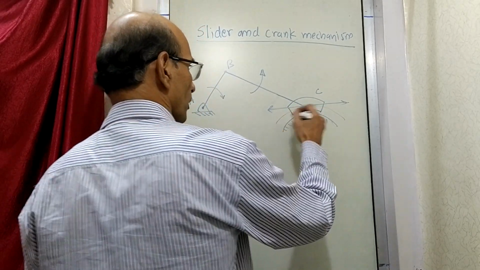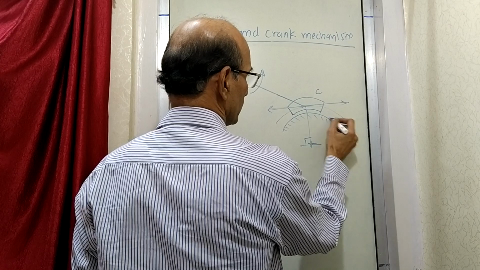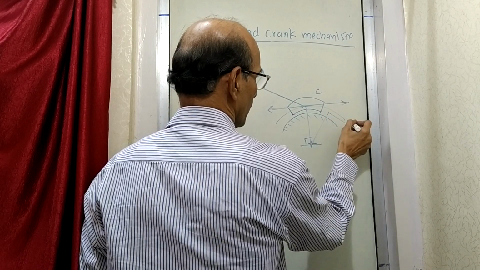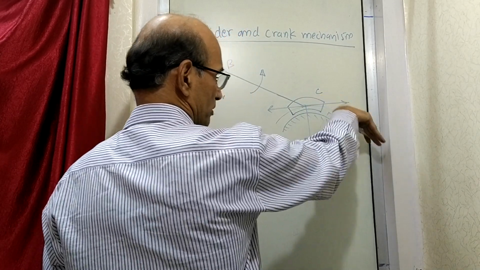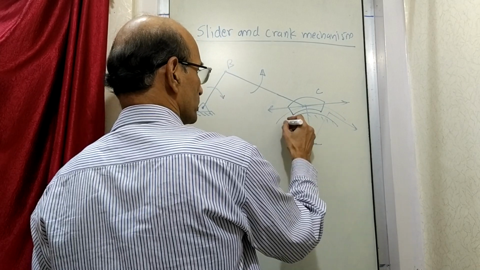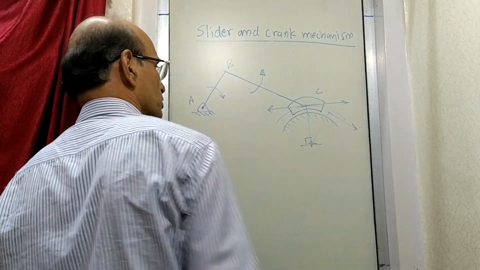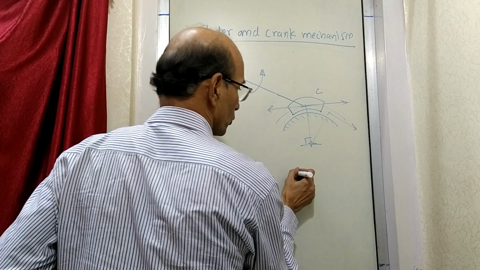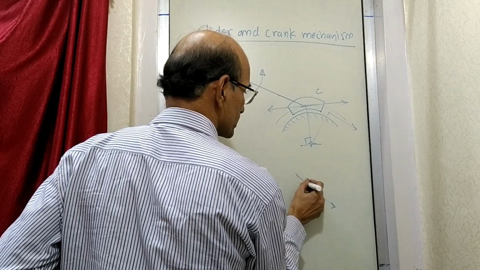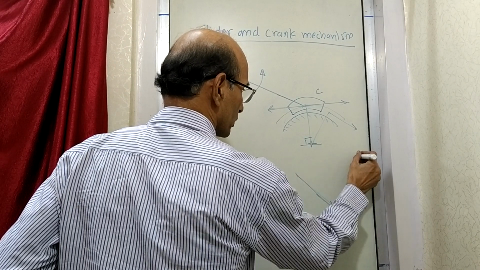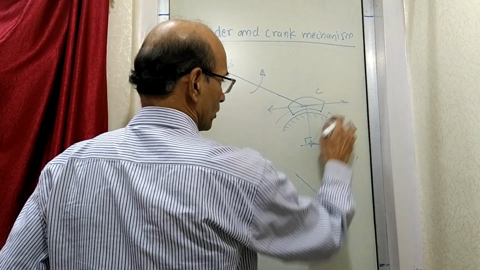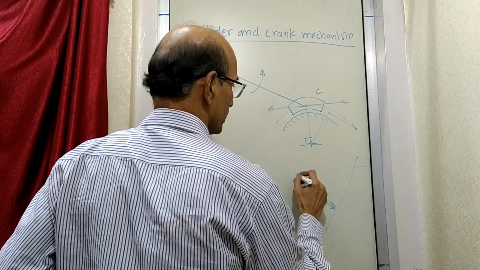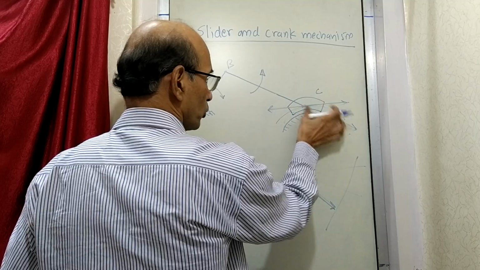But suppose it is in some other position, then the line will have to be drawn, and the path will be shown like this. If this is the position, the path will be like this. So that change you will have to take into consideration. So the first vector will be like this, the perpendicular vector will be like this, and the next vector will depend on the position, like this or like this or like this.